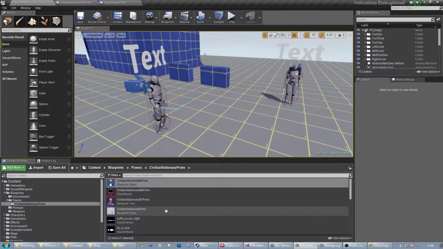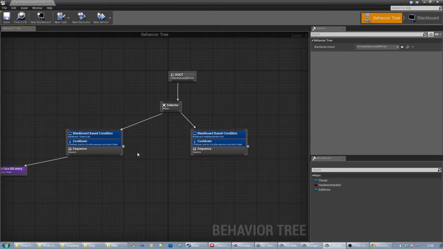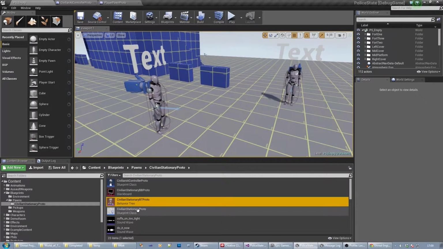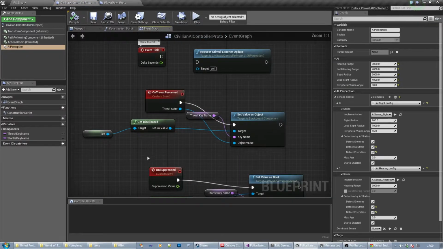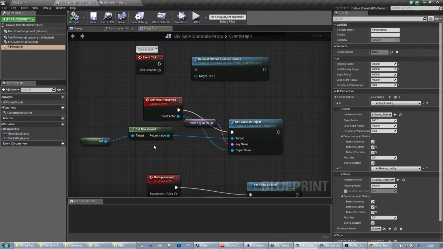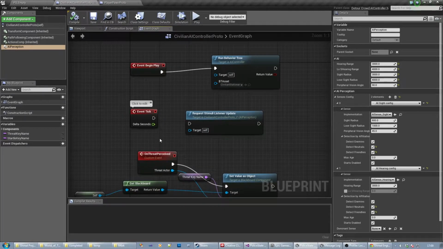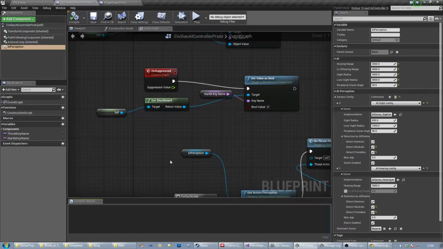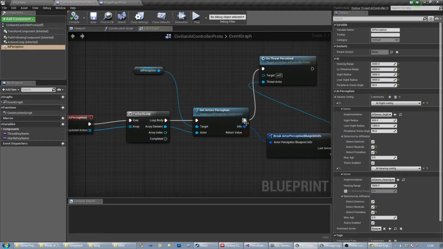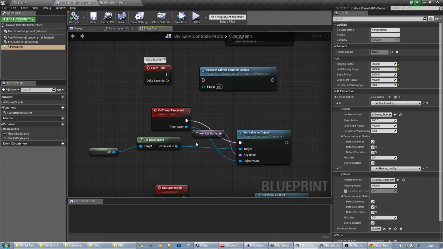Clicked on completely the wrong blueprint there. There we go. Actually, I've taken that out, haven't I? I was doing it in his controller, if I remember rightly. Somewhere in here. Yeah, I'm just passing that threat perceived in. You can request an update to the stimuli senses, but I don't need to do that. All I'm doing is, down in the perception system here, if I perceive there's a threat, which is basically any actor that I see, I set him into the blackboard, and then the blackboard itself